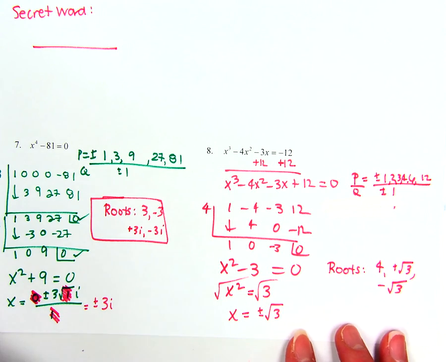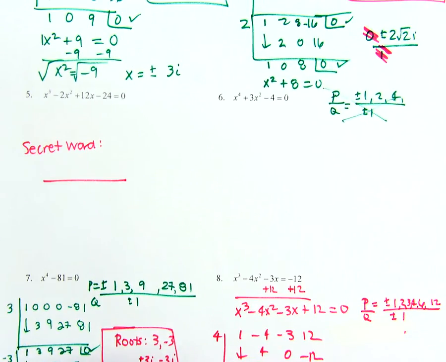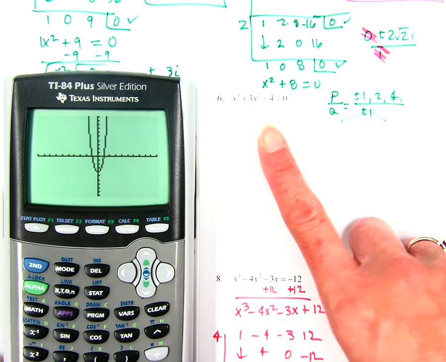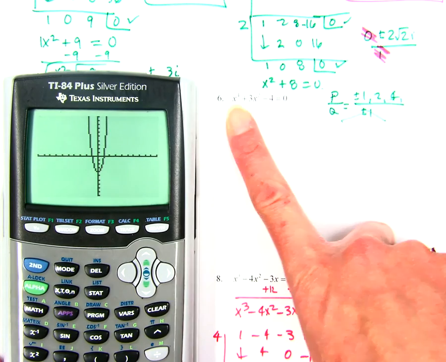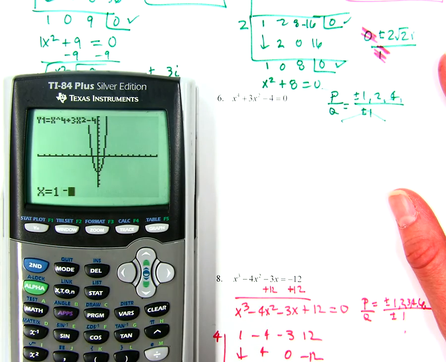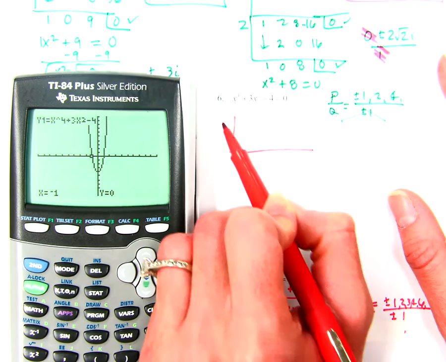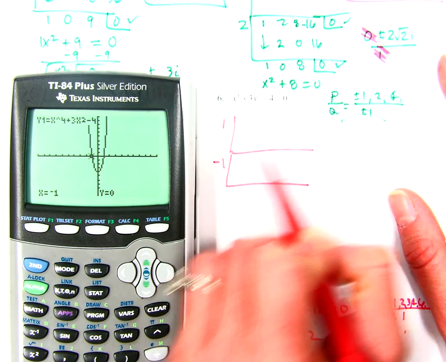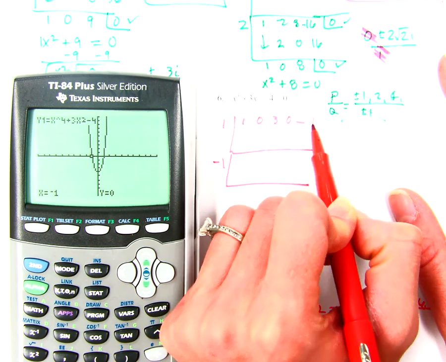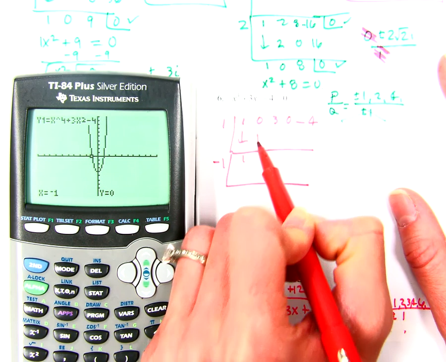All right, so let's go back to problem 6. I think I figured out, I think I typed it in incorrectly. So here's the graph. I must have typed in x cubed instead of x to the 4th. So I need to find 2 solutions, which are 1 and negative 1. Okay, and it doesn't matter which one you do first in your synthetic division. So we have 1, 0, 3, 0, and negative 4. And if you do your synthetic division,